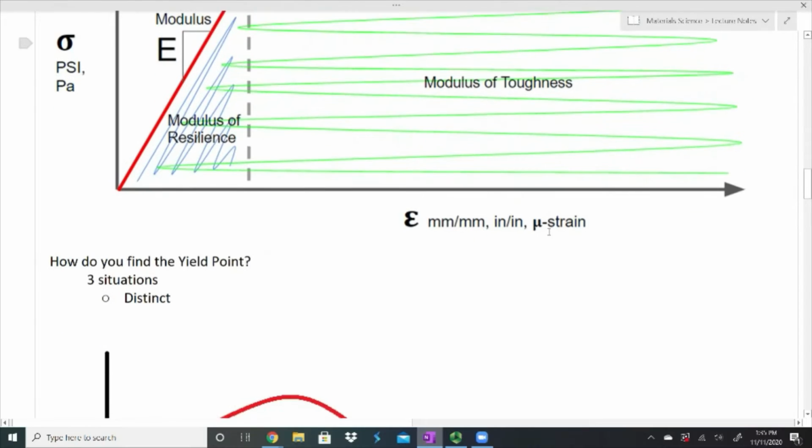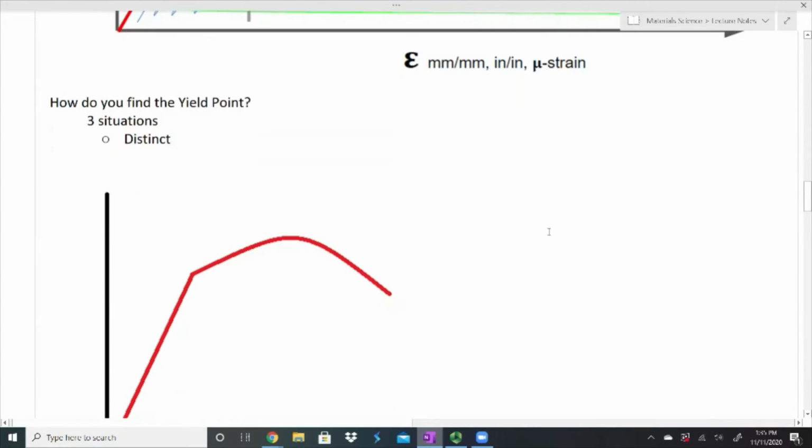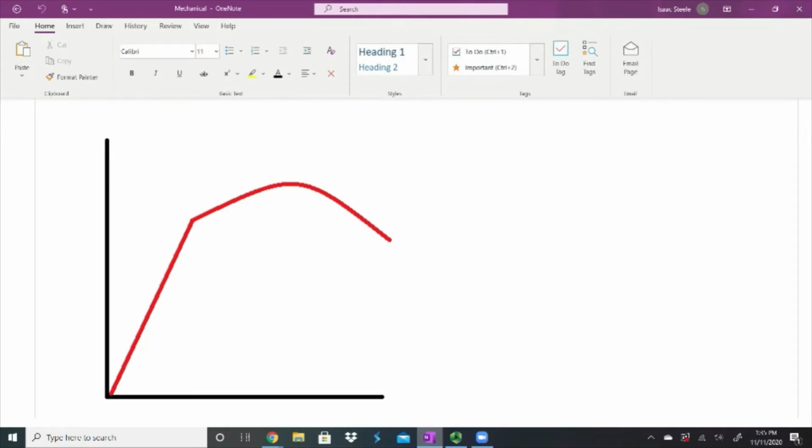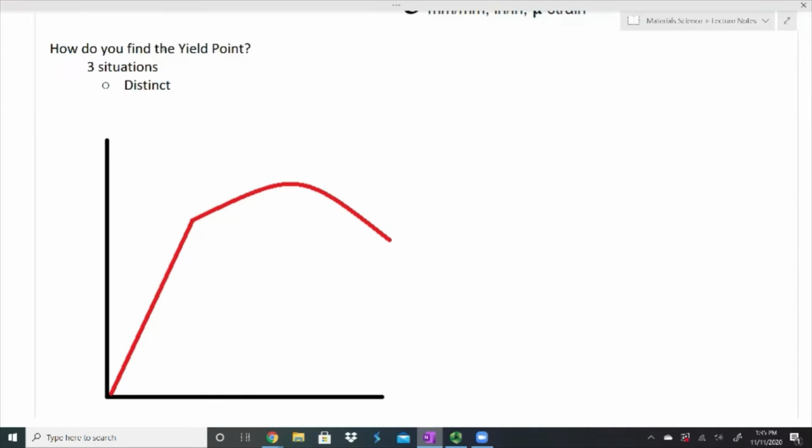But I kind of wanted to get into the yield point. So number one, how do we find this yield point? There's going to be three situations that we're going to talk about. And in the first situation, we have a very distinct yield point. If I were to show this picture to you guys on a test or in class and say I want everybody to tell me where you think the yield point is,